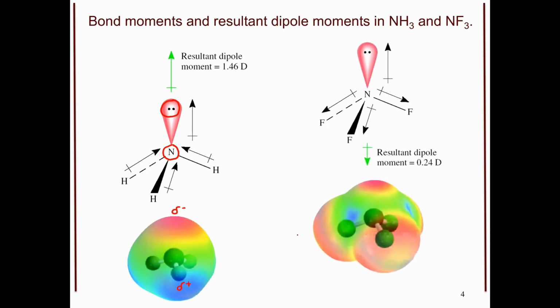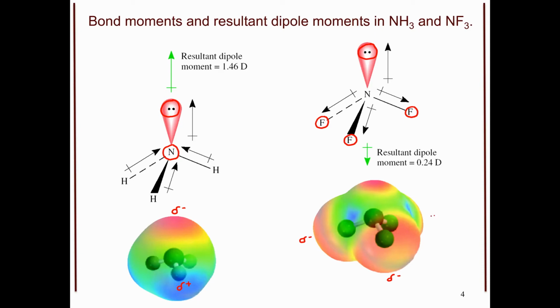Now let us go and look if we replace those hydrogens with our fluorines. So in this case, notice that fluorine is going to be the most electronegative element in our molecule, and we have changed the direction of the arrows from our nitrogens towards our fluorines. While we have our lone pair of electrons still having great electron density with nowhere to go, notice what this has done to my molecule. We have dipole negative